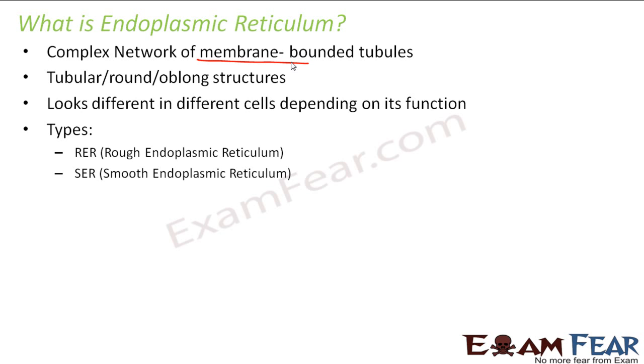When I talk of endoplasmic reticulum, there are two types. The first one is rough endoplasmic reticulum, and the second one is smooth endoplasmic reticulum. Instead of writing this big name endoplasmic reticulum, we often write it as ER, a short form. Therefore, the smooth endoplasmic reticulum is often written as SER, and the rough endoplasmic reticulum is written as RER. You can remember this name like this: endoplasmic means something which is inside the plasma membrane, correct? So that's how it's endoplasmic.